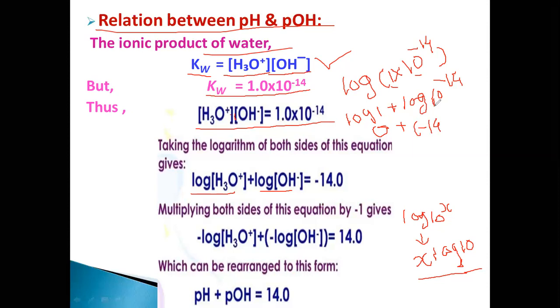And 10 into log of 10 means what? 1. So the equation, what will be the final value? The final value is obtained as -14. So this -14 comes here. Understood? This is very easy. You math students will understand it easily, okay? This is the direct term. So this becomes 10⁻¹⁴. Now the next step is multiply both sides by